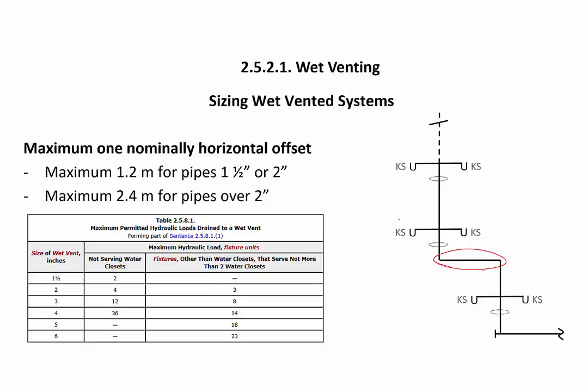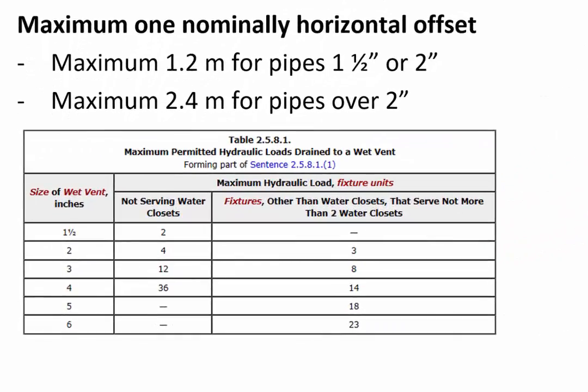This is the same example as we had previous, where we said that we had 6 fixed units draining to this wet vented stack, because again we have 1.5 fixed units from each kitchen sink. On a wet vent, you do not include the load at the lowest fitting, the most downstream fitting. So we include 6 fixed units, and because we're not serving water closets, I'm exceeding 4 fixed units but not